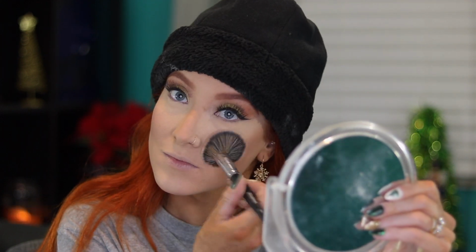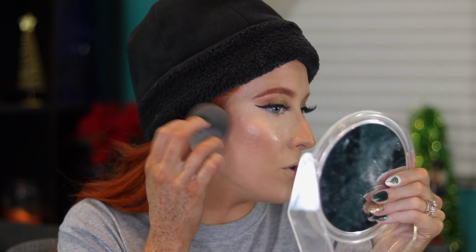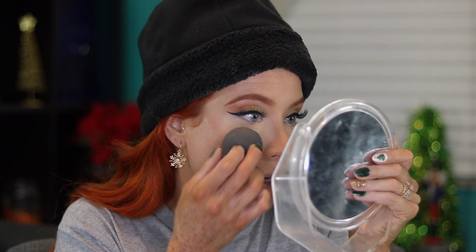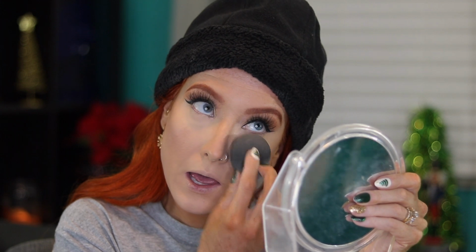I'm going to go ahead and spray my face with my Mario Badescu Aloe Cucumber and Green Tea Spray just to get rid of some of this powder. Then what I like to do is take the side of my beauty blender that I really didn't use, that has no powder on it, and just tap it around my face. It makes everything sink into the skin instead of looking like it is laying on top of it. And I like to do this before I do my lower lash line so that I can tap out underneath of my eye,